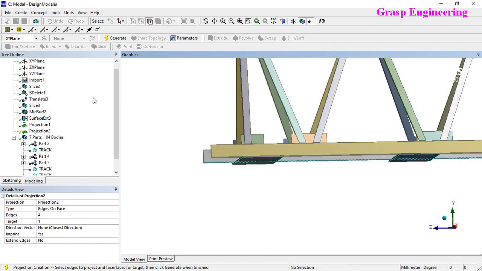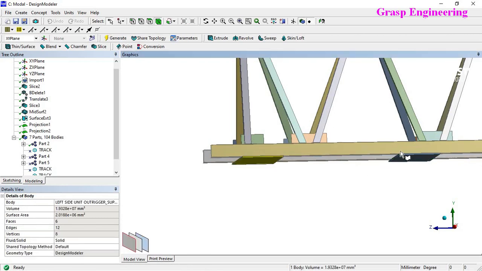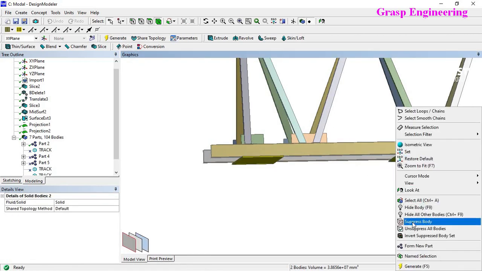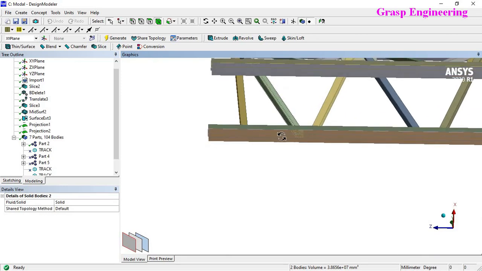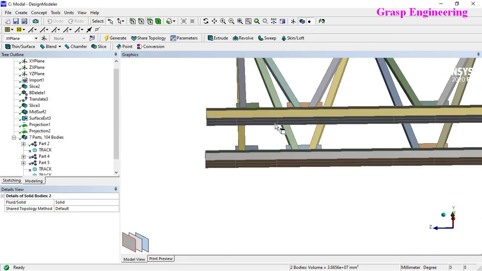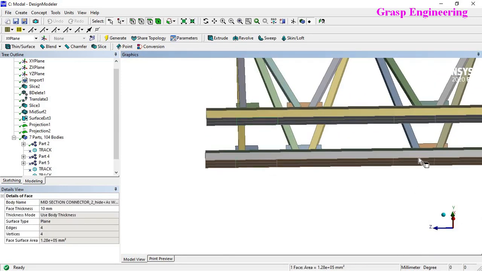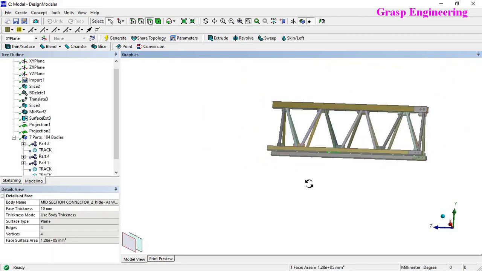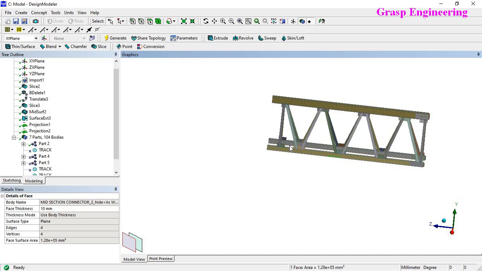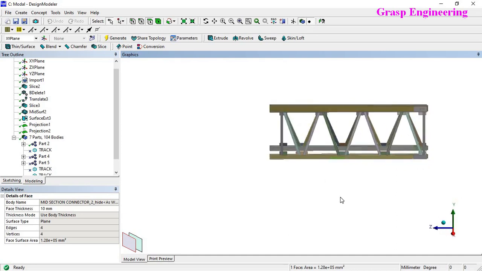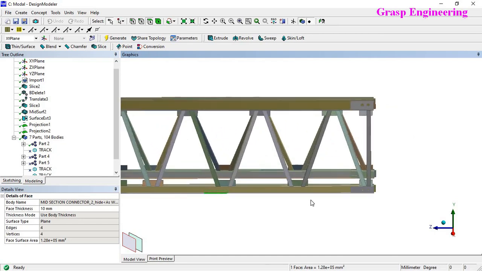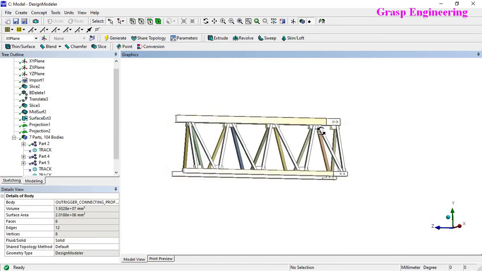Once it is done, let's generate and suppress these bodies because they are not needed. Now you will find these are the projections we created. On these projections we will fix the geometry, because that is the only connection with the bottom rollers.